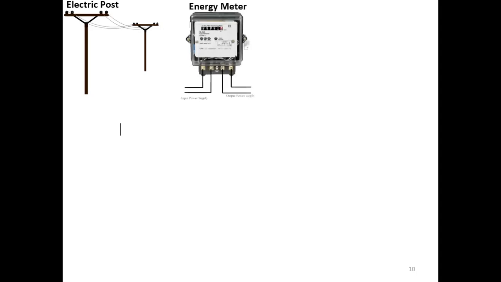Now we can connect our entire house load with this electric post overhead line, right? For that we need to use some more devices, which we are going to discuss now. The first and foremost part is the energy meter. From the electric post, from the overhead line, the supply is connected directly to the energy meter without any switch, because we cannot control anything there. We cannot put any switch or any fuse or anything between our electric post and the energy meter. It should be directly connected to the post. That circuit connection we will discuss later.